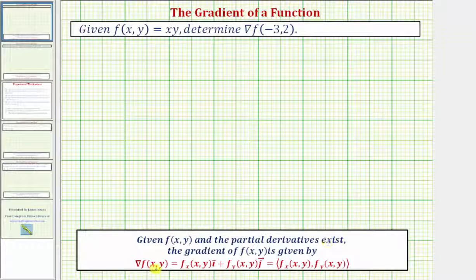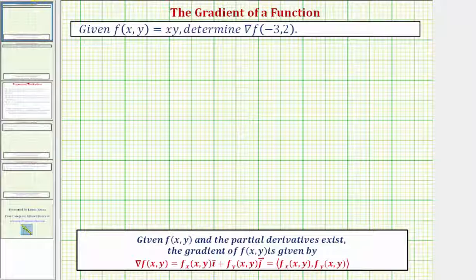then the gradient of f is equal to the vector-valued function, where the x component is equal to the partial of f with respect to x, and the y component is equal to the partial of f with respect to y. So we'll first find the gradient of f, and then we'll discuss what it means, as well as